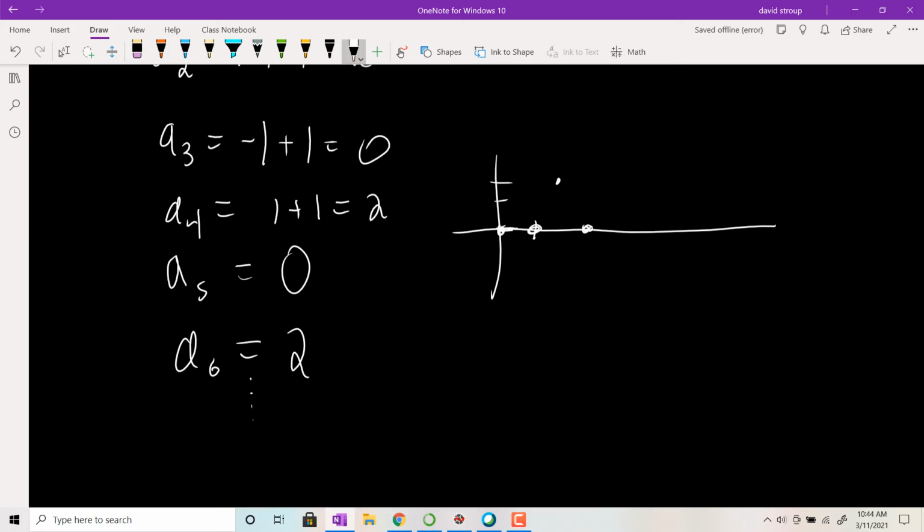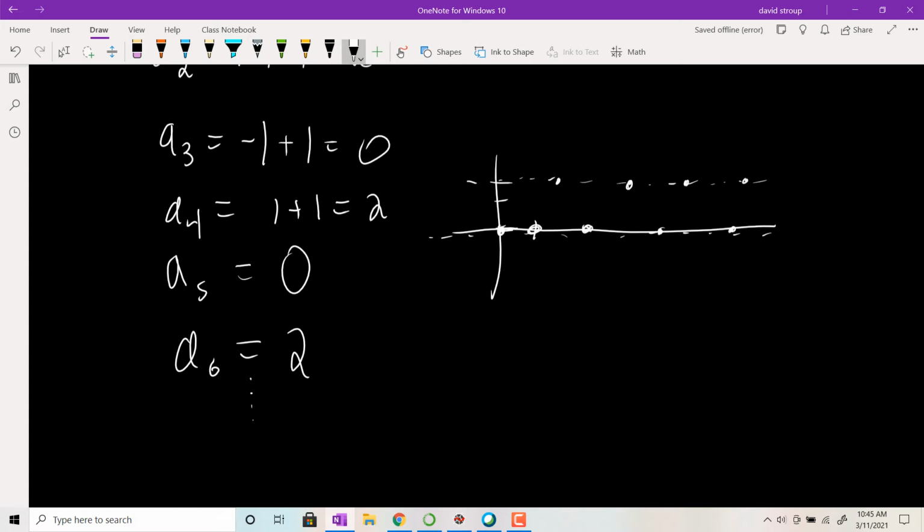0, 2, 0, 2, 0, 2, 0, 2. So there's no L number that this thing's getting really close to. I mean, you force the L to be over here. There's no M that you go past that, where you're going to be within 1 of L, because it's always going to jump out to 0. If you tried to say the limit is 0, there's no M that you could go past, such that if you're given epsilon equal 1, it's going to stay within 1, because it's always going to jump up to 2. So there's no way to get this thing to have a limit, but it's not necessarily something that you can easily